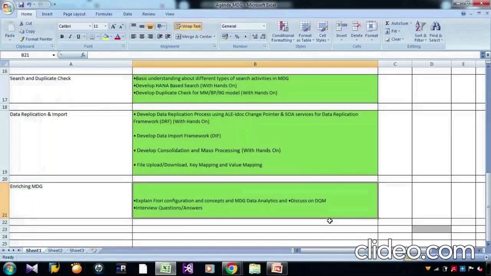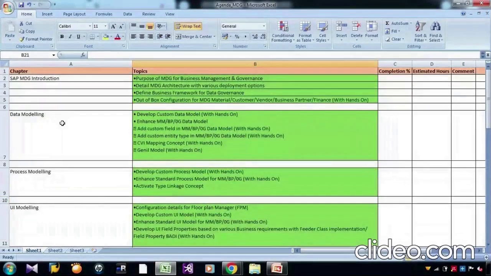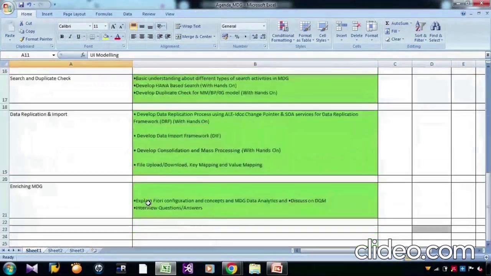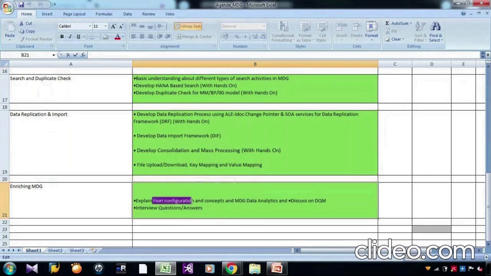Yeah, so basically, if you see the flow, our flow is like data model, process model, UI. So when we are in this particular chapter, we will be focusing on NWBC, NetWeaver Business Client, which comes as a default. But slowly, when we move further down, we have the Fiori configurations. Fiori configuration is UI5 applications.